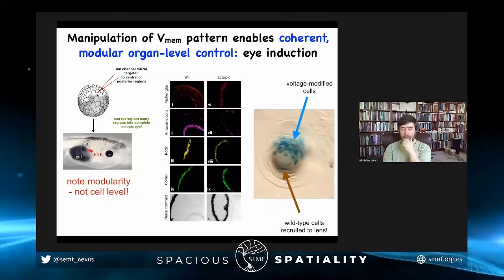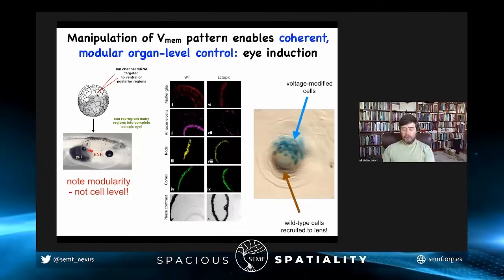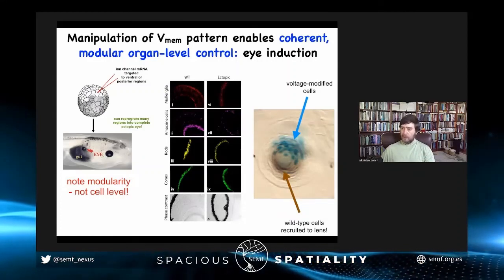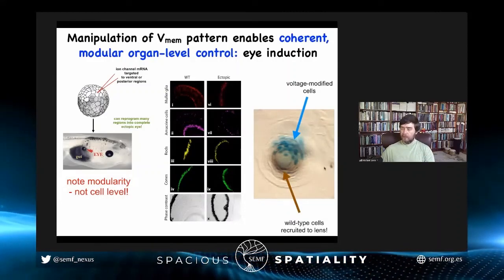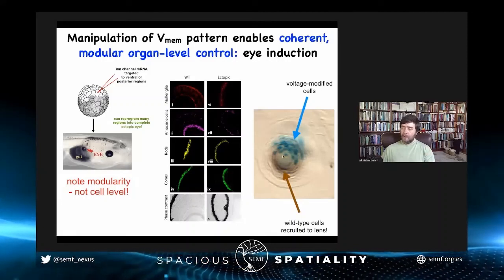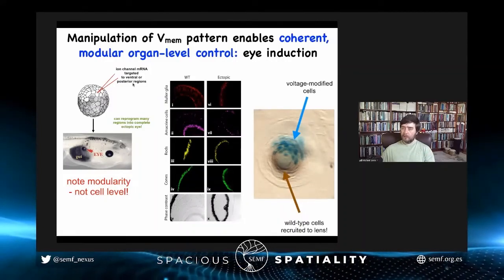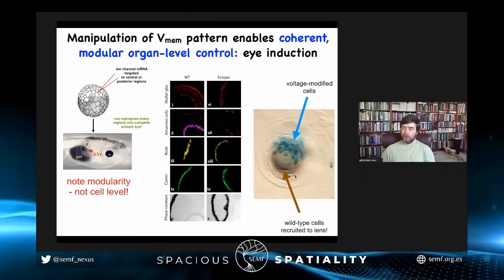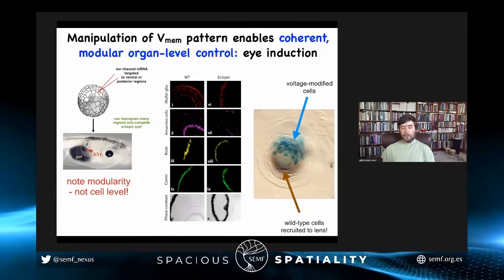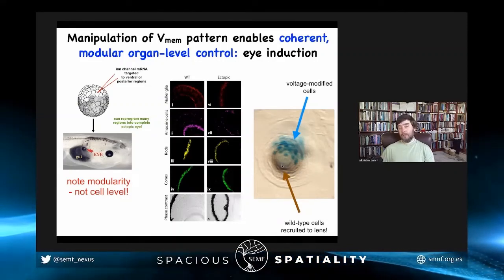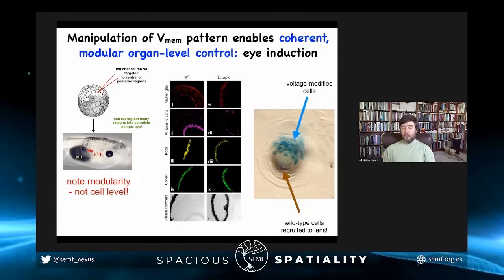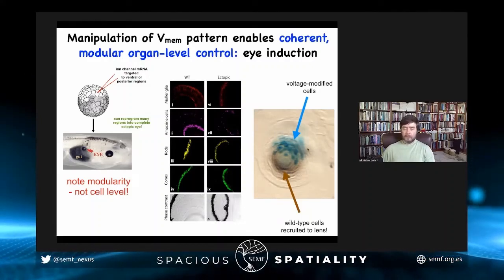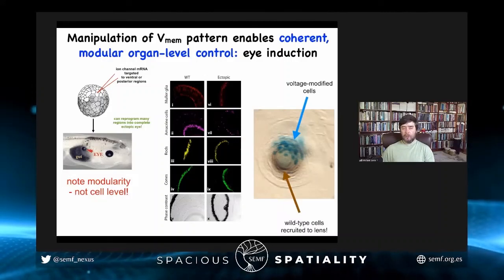The second amazing thing is that there are two levels of instruction here. One is us instructing the cells to build an eye, but here what you can see is this is a lens sitting out in the flank of a tadpole somewhere, and the blue cells are the ones that carry this ion channel that we put in. But there's not enough of them to make a good lens. So what they've done is recruit their neighbors. This is why at the very beginning I pitched this idea that frogolotls might have legs that consist also of frog cells. Why would frog cells build a leg when they normally don't? It's because cells have the ability to instruct each other about what to build.